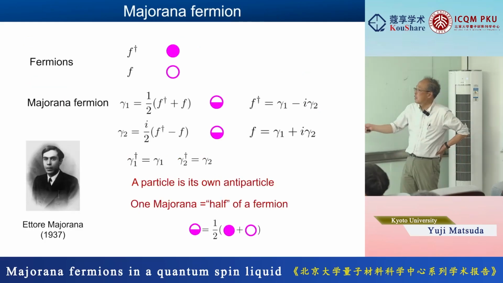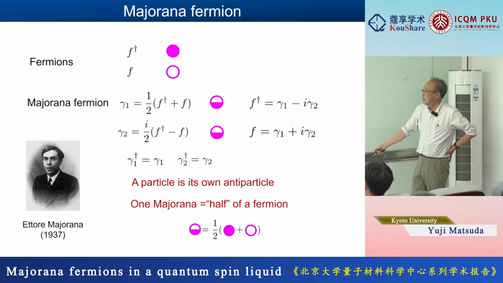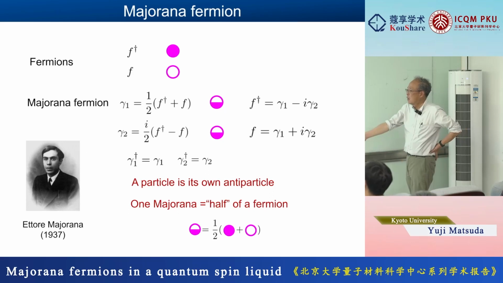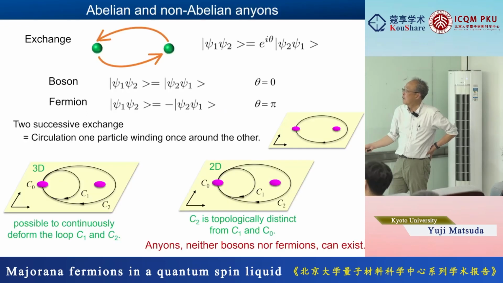A Majorana fermion is a particle which is its own antiparticle. Actually, the neutrino is a candidate for a Majorana fermion, and one Majorana corresponds to half of an electron. So this is a very important point for the thermal Hall effect. Let me discuss